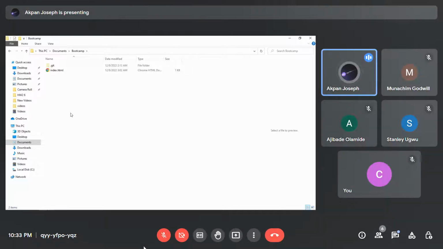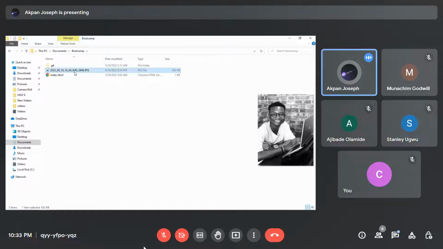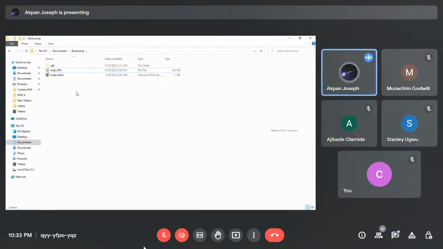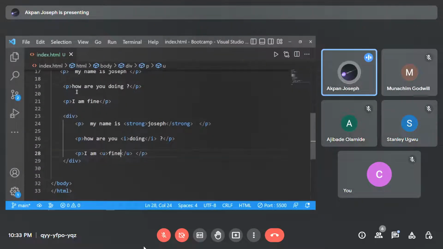So I'll paste it. Control V to paste. Now I will rename this so it will be much easier for me to type in. I'll just rename it to IMG, or image one, IMG one. So just save. Now if we come over to this side, to this place, and then click on this place,